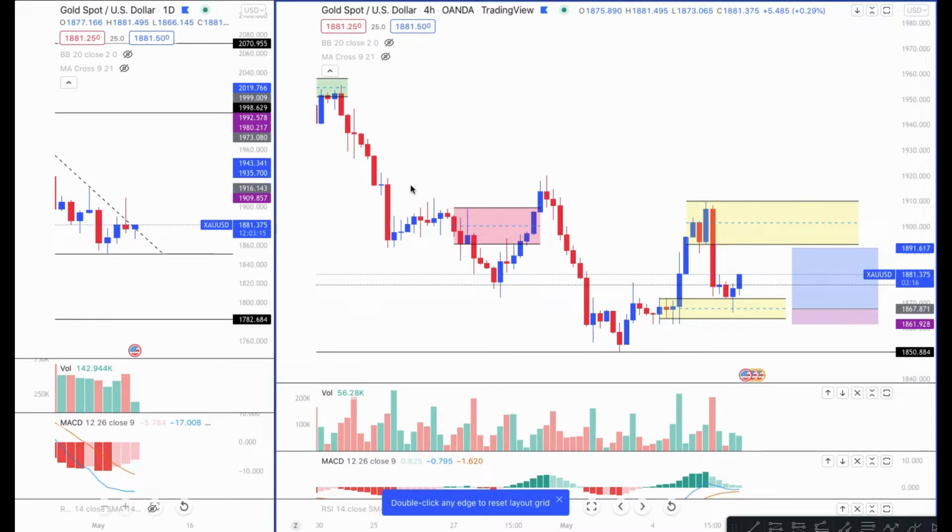I am the Vortex Trader, and today we are having a look at the gold chart. Right, we are looking on the 4-hour and trying to see whether we have any interesting opportunities that we can